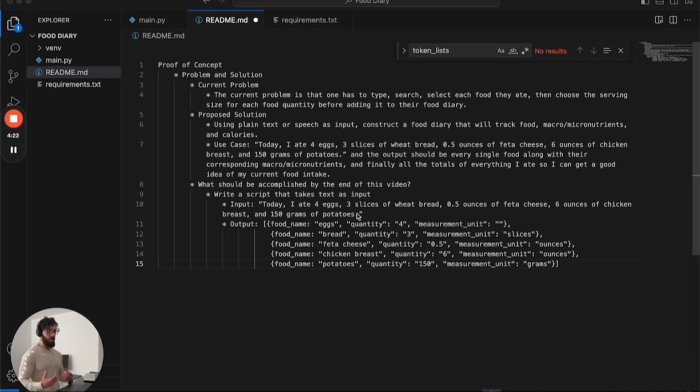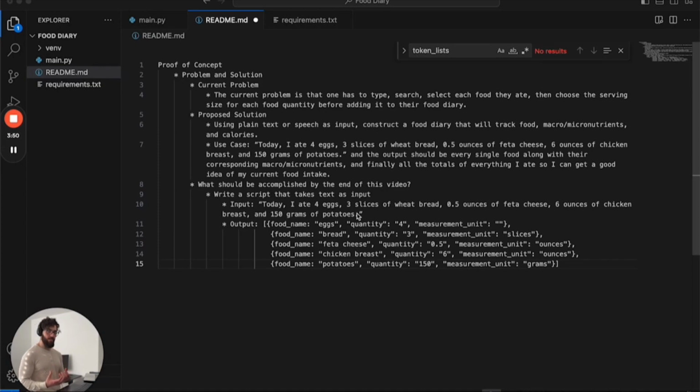But I think a better solution is to take what you input as text or speech and convert that to an entire food diary list, which aggregates all of your nutrition data. I think that's more sustainable. I think it's a powerful solution, and I think it's worth building. So given the current problem and how tedious it is, and that we don't have a solution yet at our disposal to reference, it will be worth executing on this plan because it's exciting, it's new, it's challenging, and to